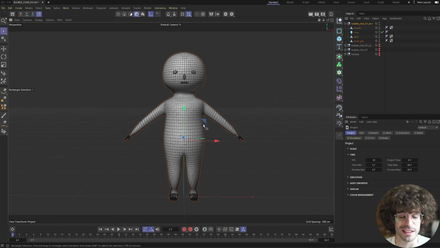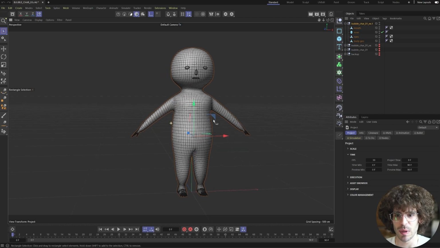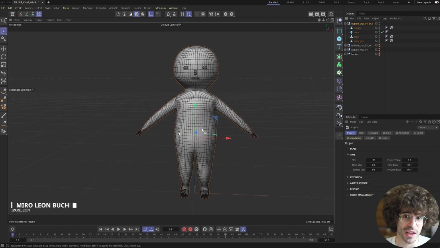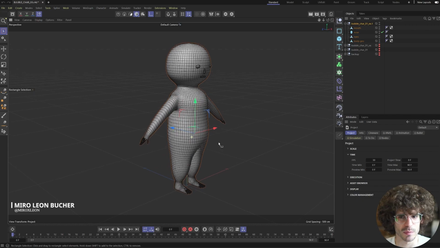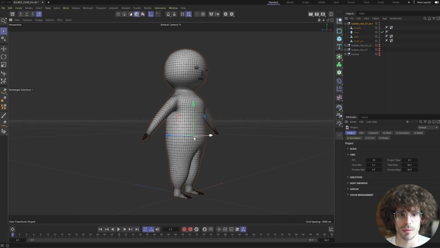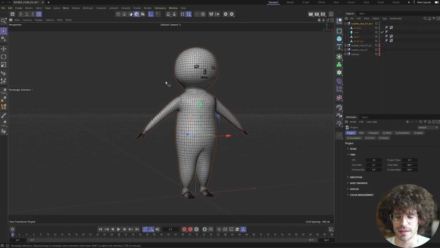Okay, so firstly we need something like the character you see in the animation. I already made this character. I can show you in another tutorial how to make something like this. It's pretty easy. You basically go from a primitive form and start to extrude everything and then put